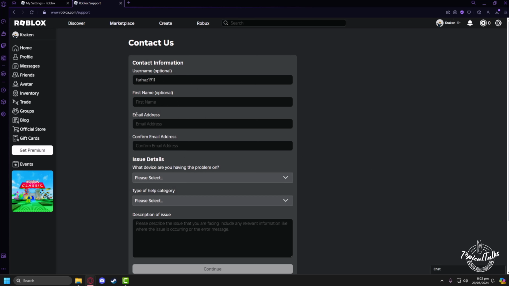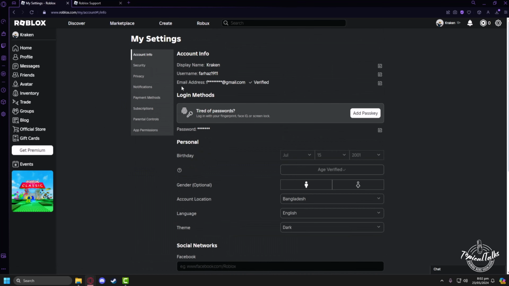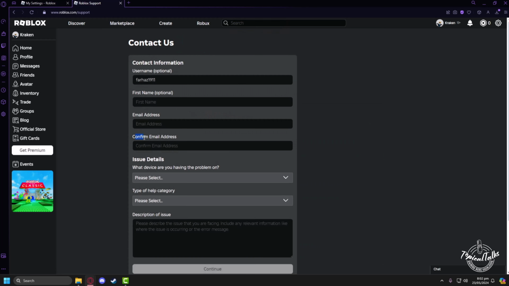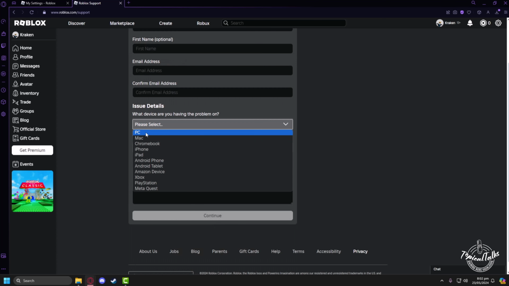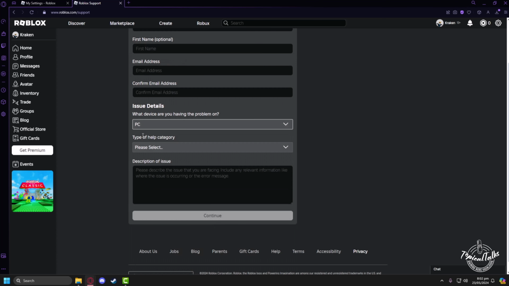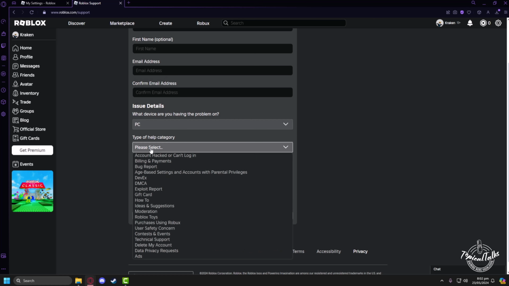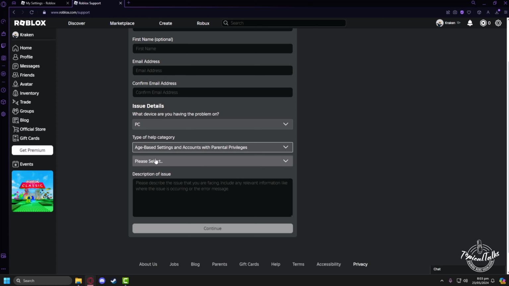So you'll input your username, your first name, and your email address should be the parental email address that has been associated with your account. The confirmed email address should be that also. Then you'll select the platform you're playing on, and after that, from the health category, you'll select age-based settings and accounts with parental privileges. Now click on change child age,